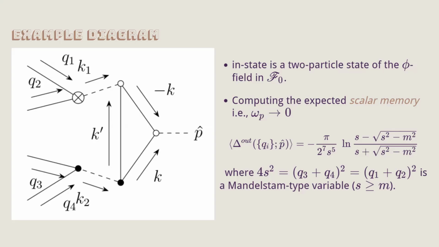One more question I have is, could you remind us of the classical formula? If I was just doing classical GR, how is the memory related to the momenta of the ingoing and outgoing particles? I just forgot the formula. Here, you turn on the light. Yeah. So here you sum over P being both in and out.